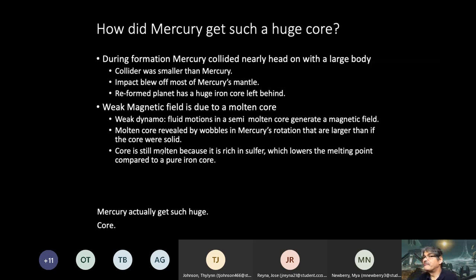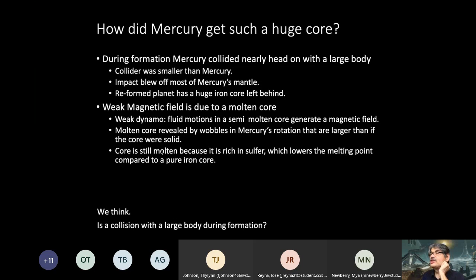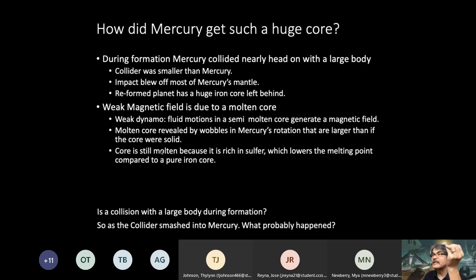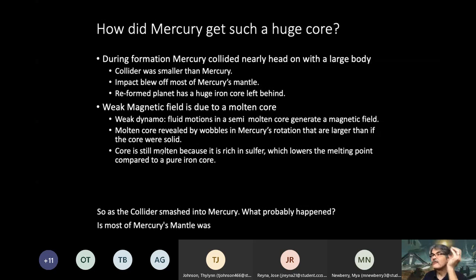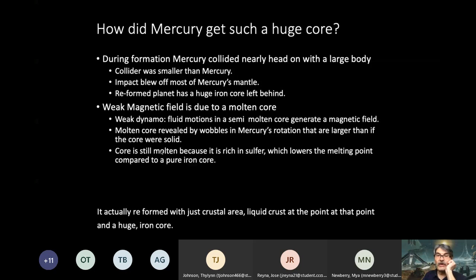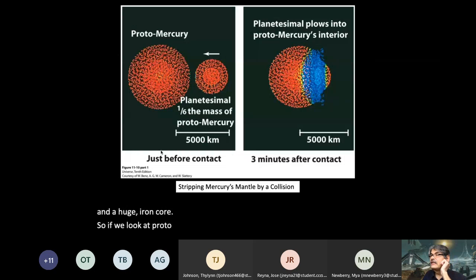The answer we think is a collision with a large body during formation. So as the collider smashed into Mercury, what probably happened is most of Mercury's mantle was blown off, and when the planet reformed, it actually reformed with just a crustal area, a liquid crust at that point, and a huge iron core. So if we look at proto-Mercury, here is the possibility of it getting hit by a planetesimal that's